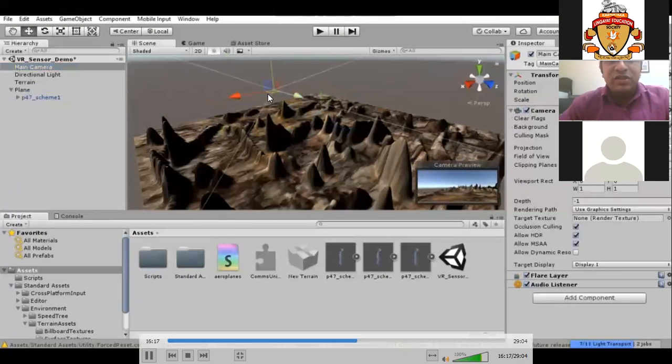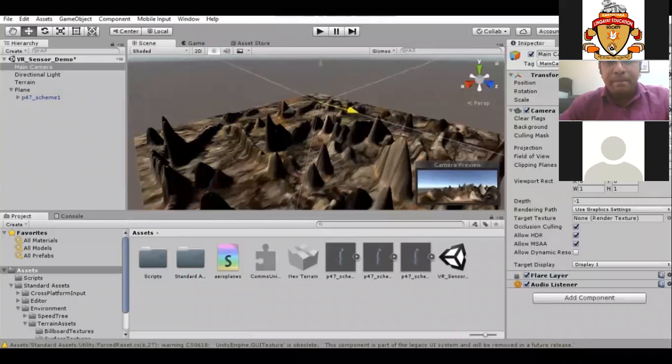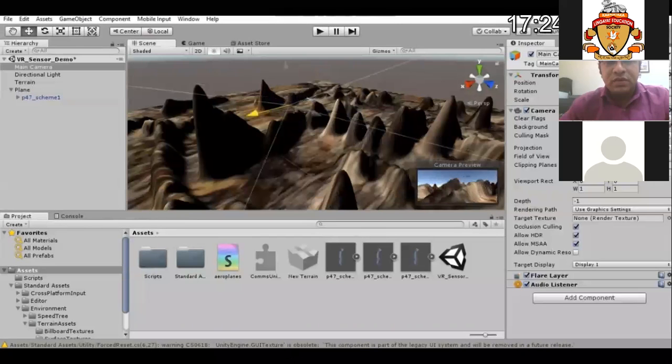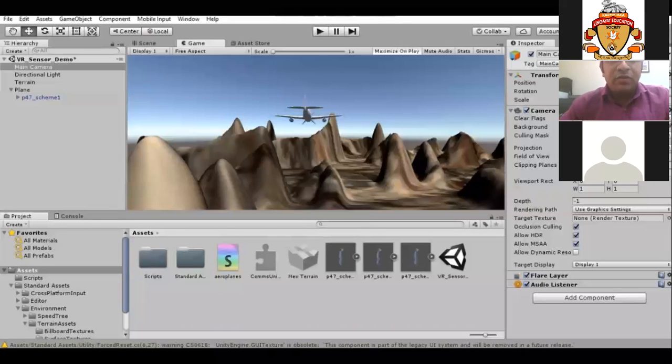So I will change the position of the main camera so the plane, the aeroplane, can be viewed properly. So this is how the game looks now.